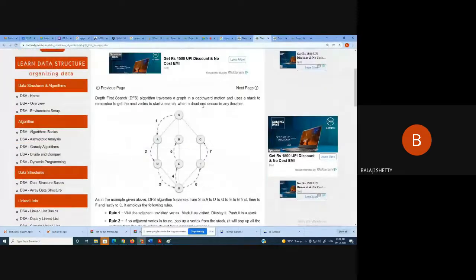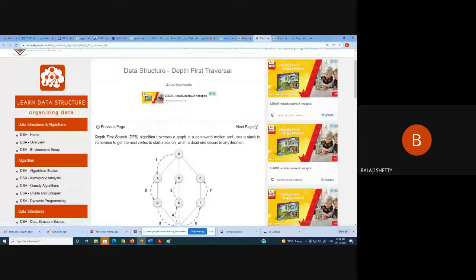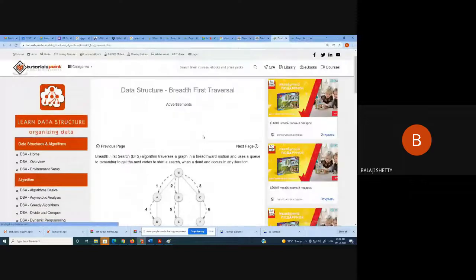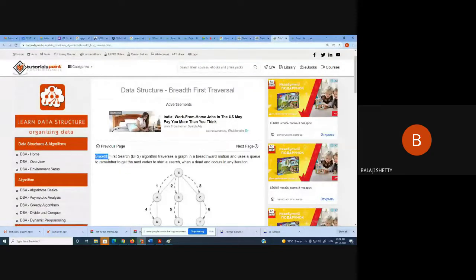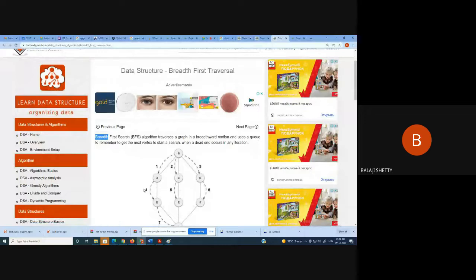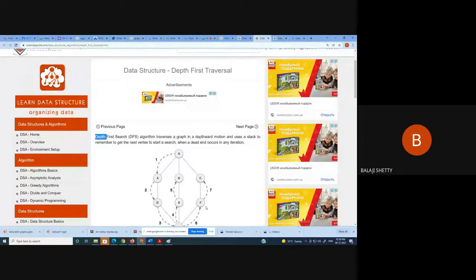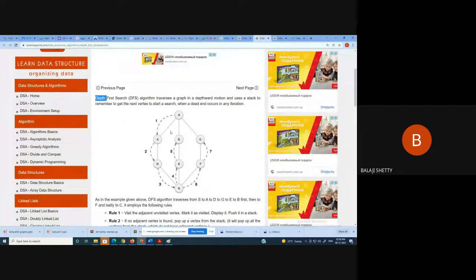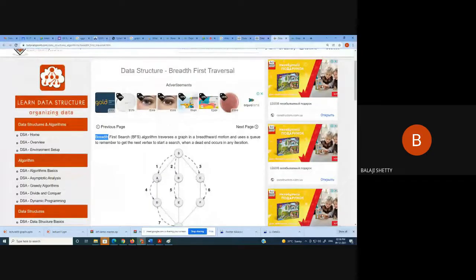I will explain with the help of an example. Now depth means what? And breadth means what? Tell me. What is the meaning of breadth? Breadth म्हणजे लांबी. Sorry, रुंदी. किती रुंद आहे. And depth means खोली. How much it is deep. It shows the depth. किती आहे? S, A, D, G. This is the depth. Breadth means किती रुंद आहे? A, B, C, D. This is the breadth. Let us cover the things one by one.